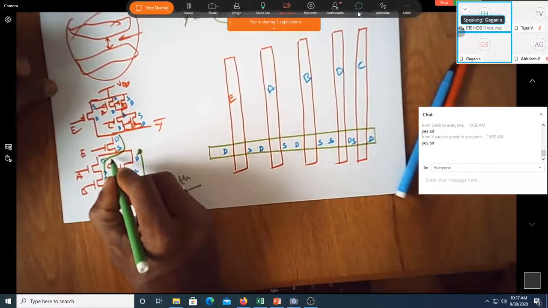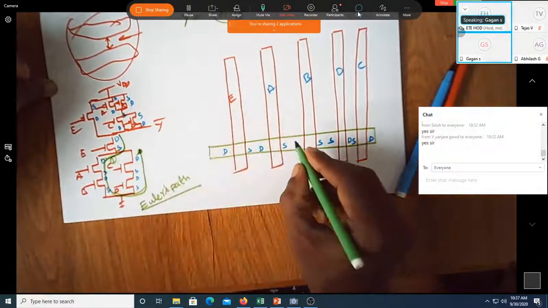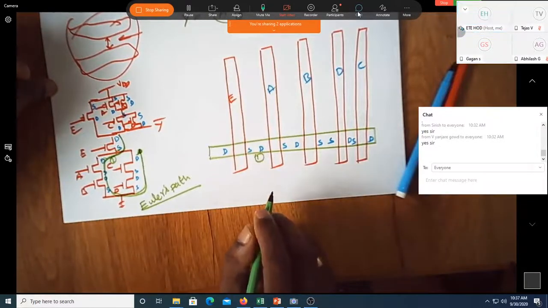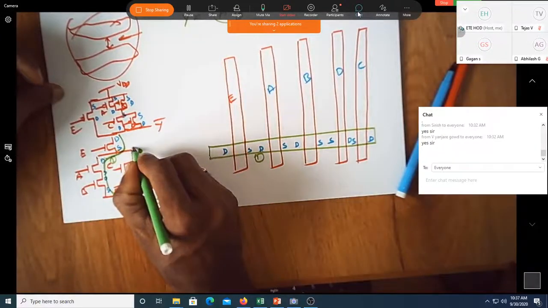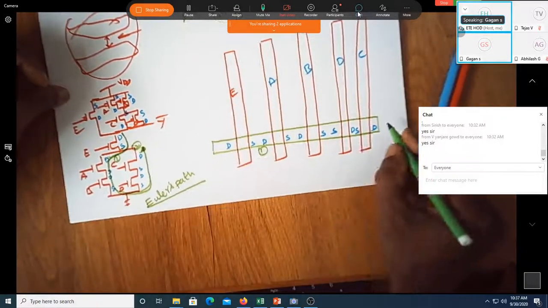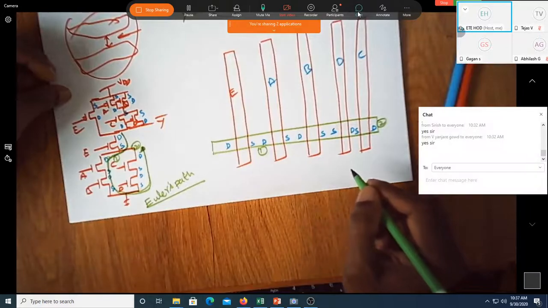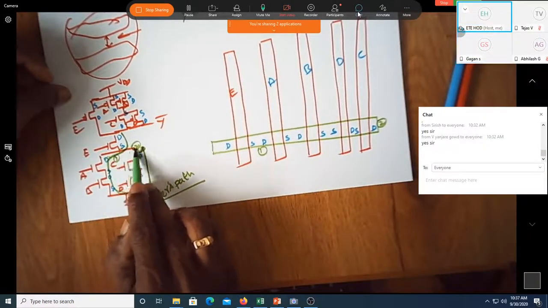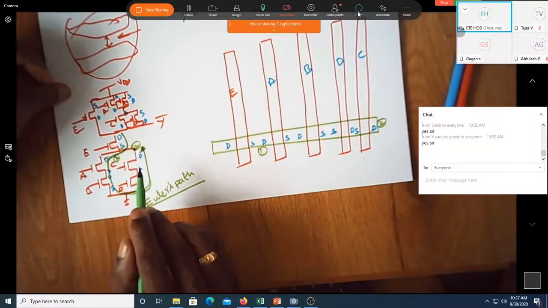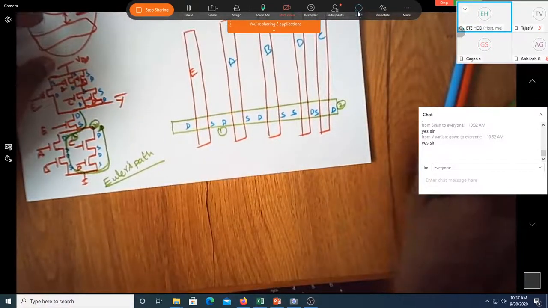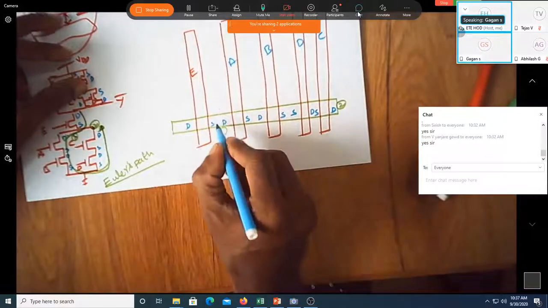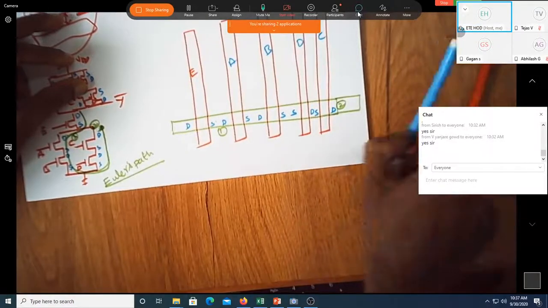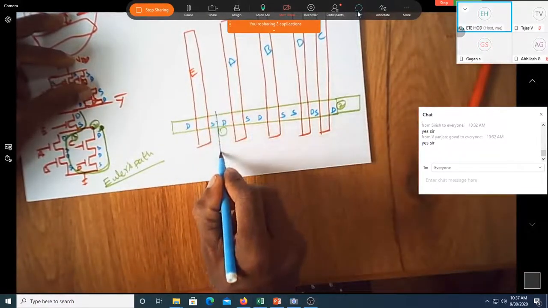Yes, sir. If I say this is 1, is this 1 here? Where is 2? Let me say this as 2. Where is this 2? Is it not this 2? Yes, sir. I am ending here at drain. Do 2 and 1 have to be shorted? Yes, sir. So I will use a metal line to short it. I'll just slightly extend this.